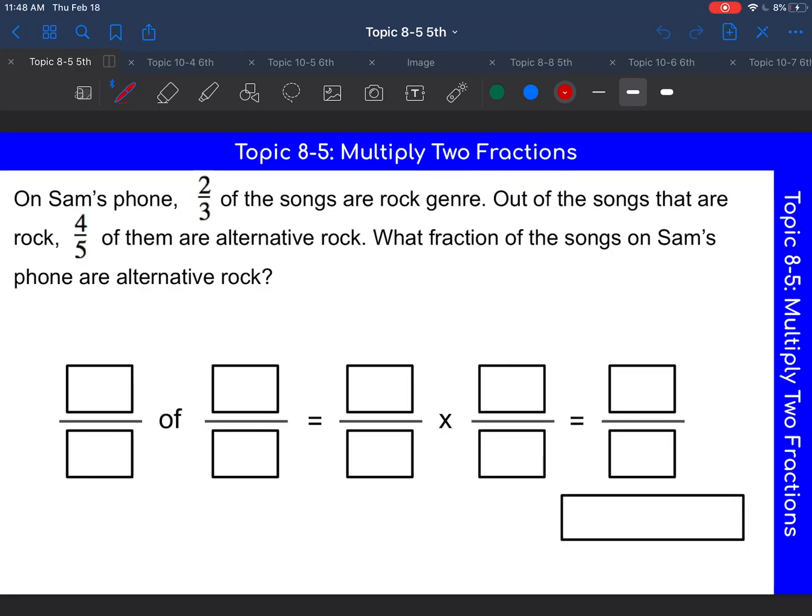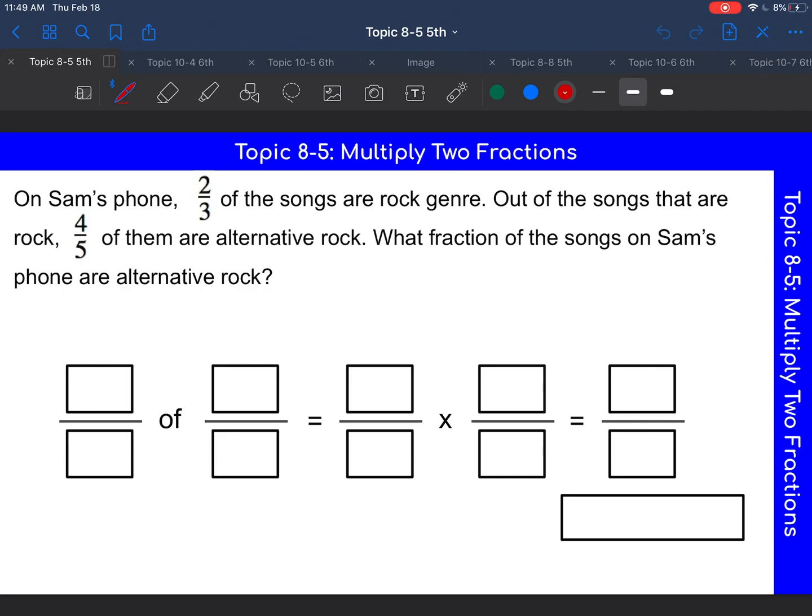Hello, fifth graders. So we're kind of halfway through our topic 8 right now. And the beginning of the topic was all about multiplying whole numbers by fractions and how to model that and vice versa. And then the last lesson we got into how to model multiplying two fractions. Now, what we're going to be doing today is talking about just how we are going to